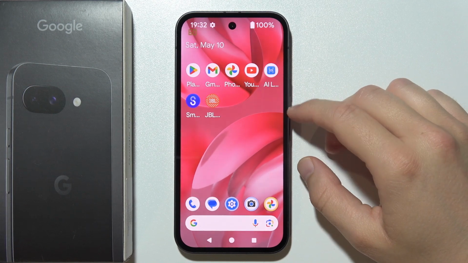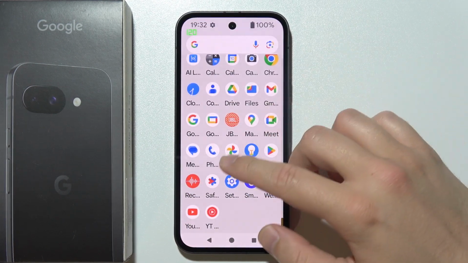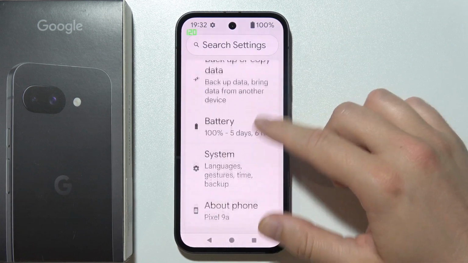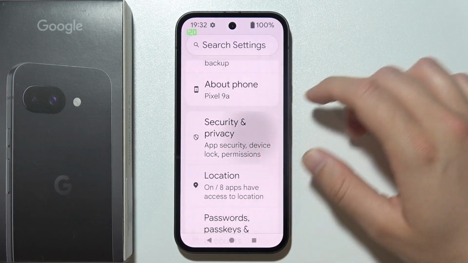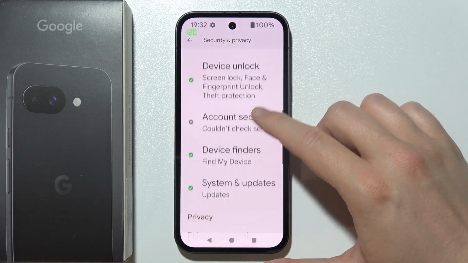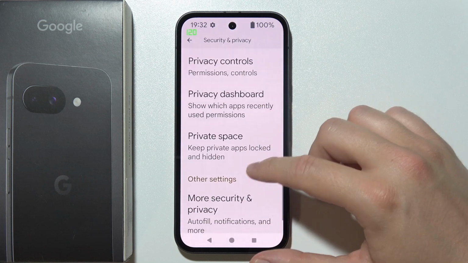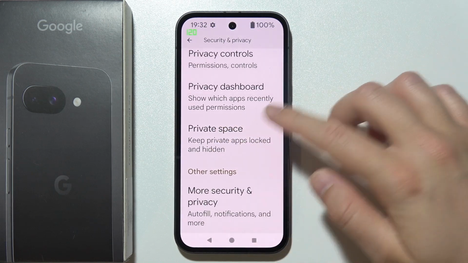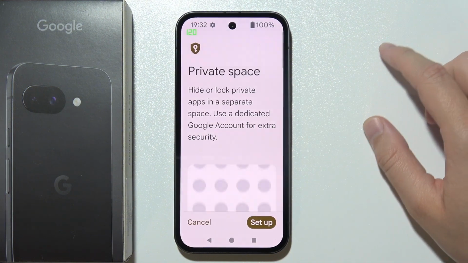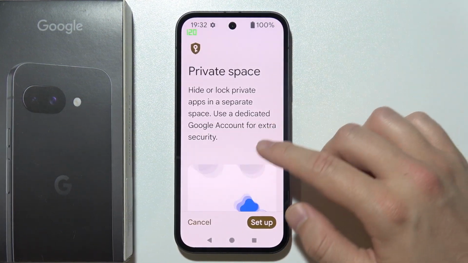To set a password on applications on the Pixel 9a, you have to start by opening Settings. Next, you will have to scroll down and go for the Security and Privacy settings. Next, scroll down again and search for Private Space. Now tap on it once, input your screen lock, and right now you can hide or lock your private apps